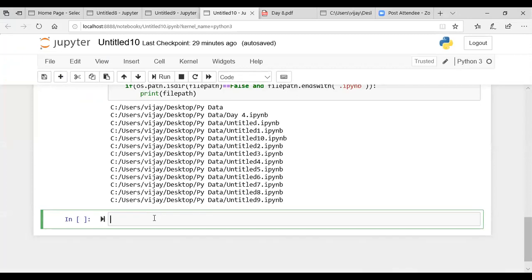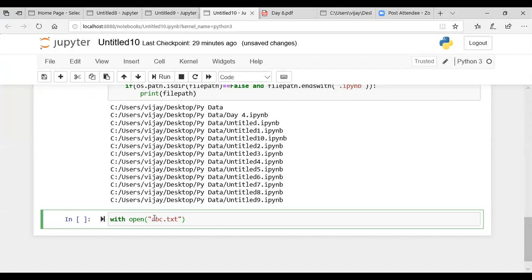To read the content of a specific file, you will be using with open, and then the name of the file which you want to open. So I'll say abc.txt. Now I want to open this file in read mode, simply to read the content of this file.